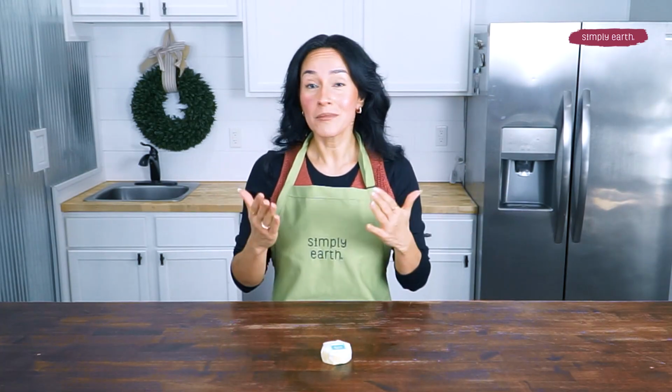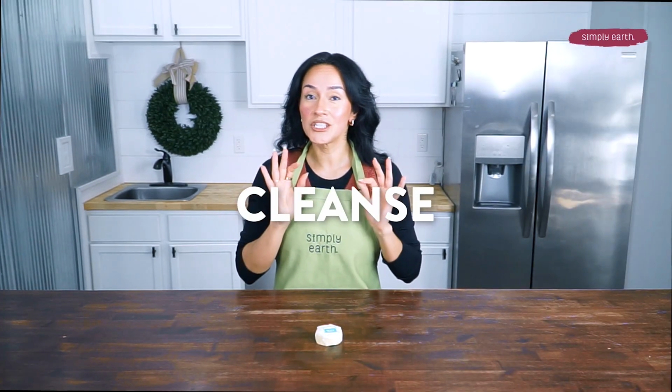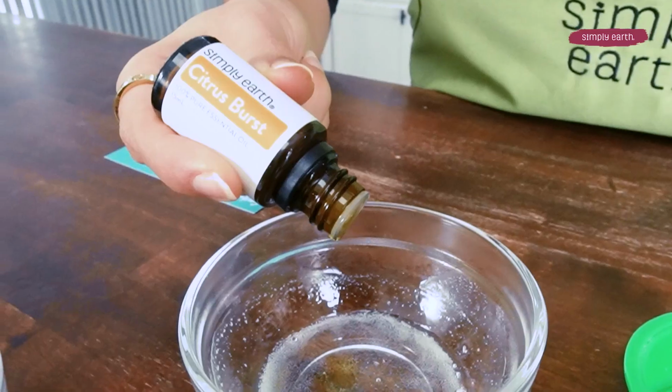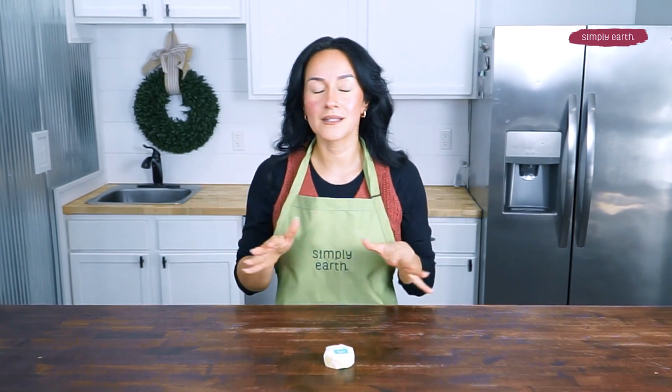Today we have a fabulous creation for you, the Sunshine Scrub Bar. Get ready to indulge in a refreshing and invigorating experience that will cleanse and gently exfoliate your skin, leaving it feeling rejuvenated and revitalized. But that's not all. The delightful citrusy aroma of this scrub bar will uplift your senses and transport you to a blissful oasis of